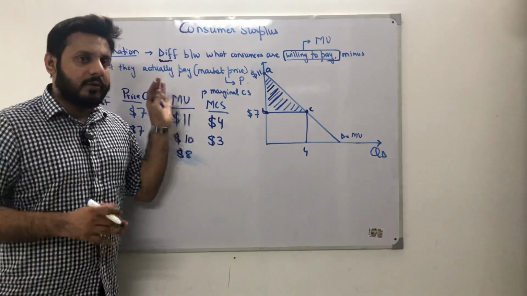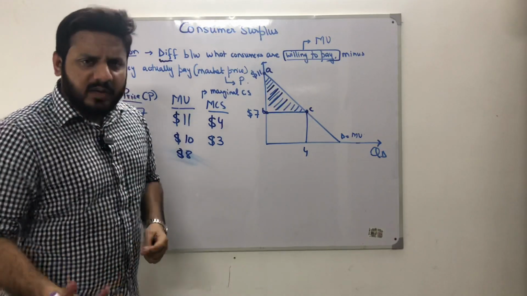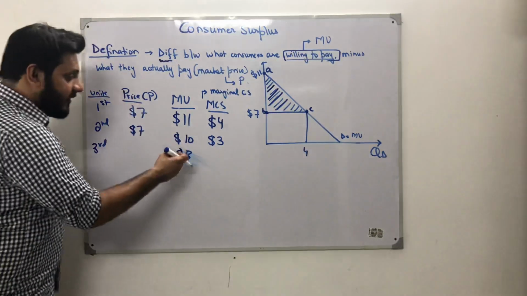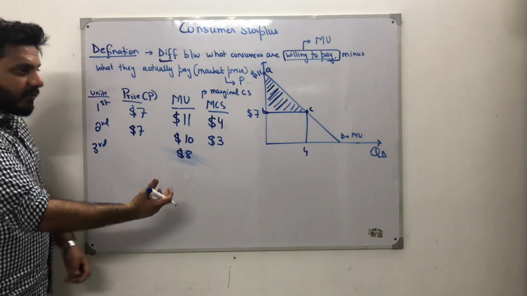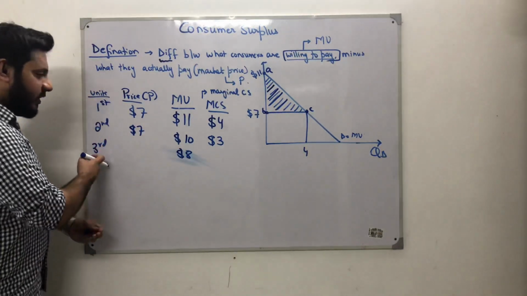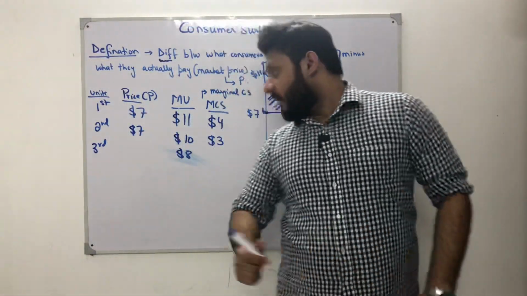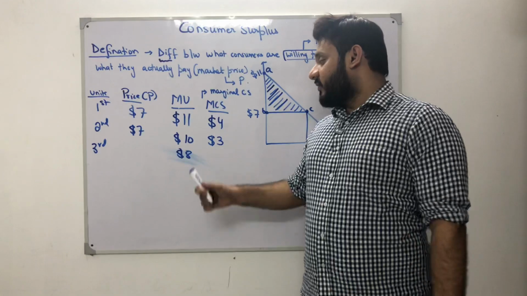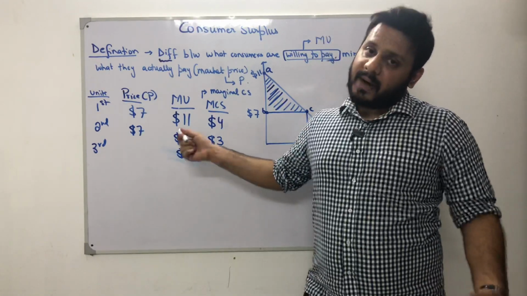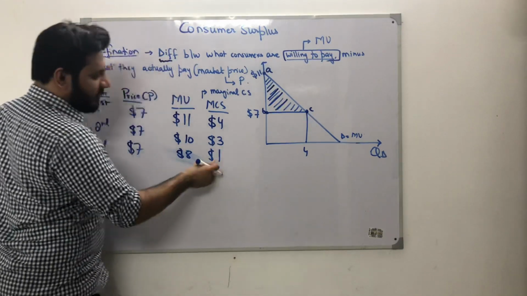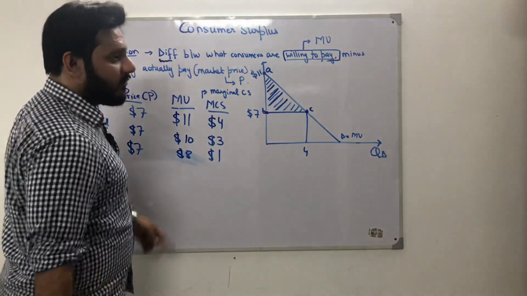We know that marginal utility represents the additional utility he will gain from the consumption of the third chocolate. So the additional utility is $8. If I am going to gain a utility of $8 from the third chocolate, it also means that I will only be willing to pay $8 for it. But the price is $7. So what is the consumer surplus? The consumer surplus is $1, which represents a welfare gain to the consumer from the consumption of the